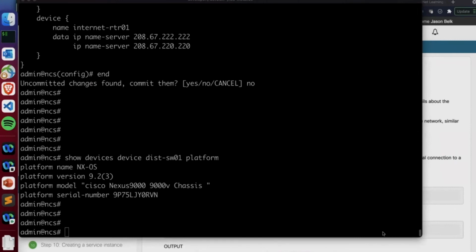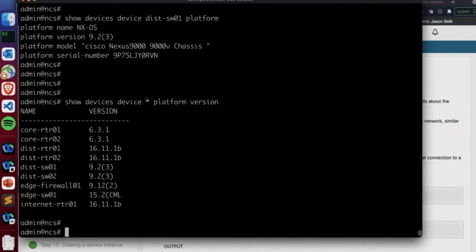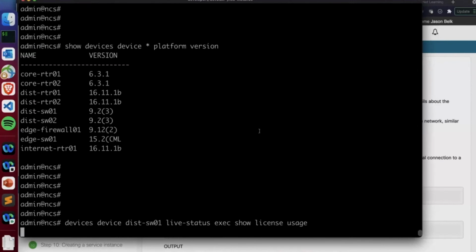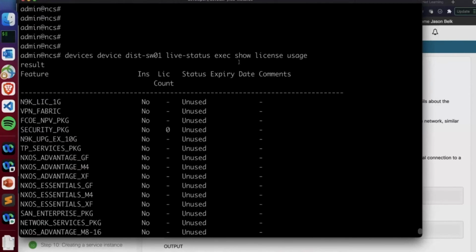And if we wanted to see that across all of our devices, we could use a wildcard star, say show devices for any of our devices, and then give me just the version. So we can quickly grab different pieces of information, and this is just being pulled from our CDB that's stored alongside the device info. But if we want to get live info, we use the exec live status command,